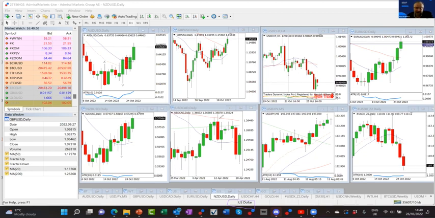So this is one I have just for the US dollar, because within the FX markets, I keep saying the dollar is the daddy. It's the big boy, the big gorilla, the big silverback gorilla. So you want to know what the dollar is doing if you're going to trade FX markets.